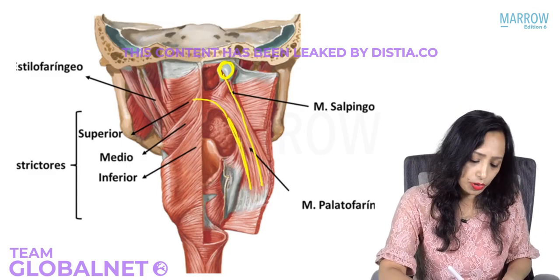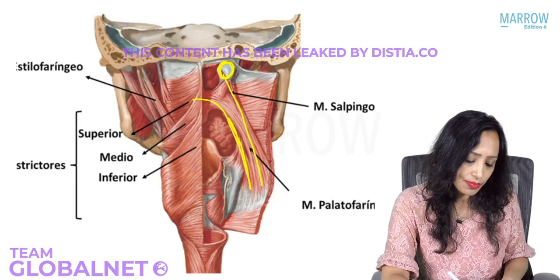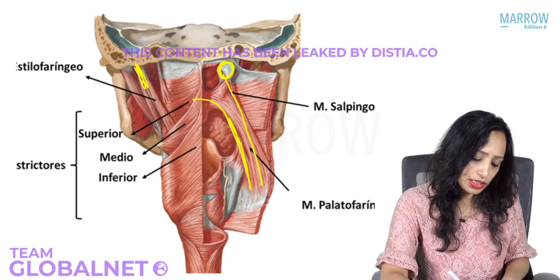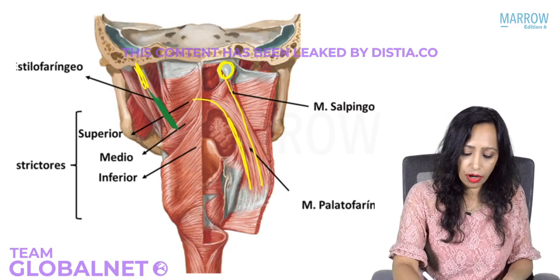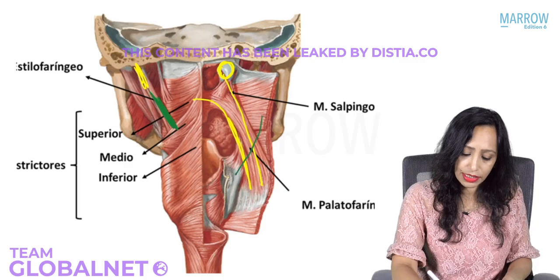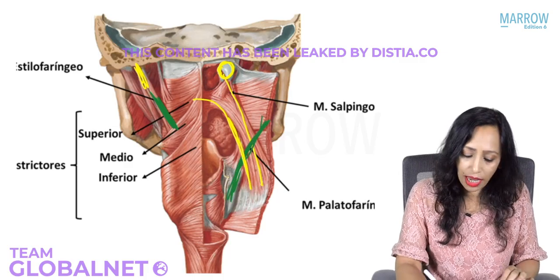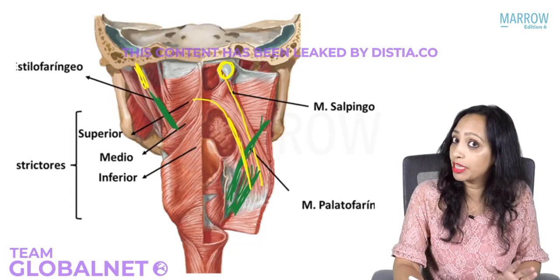And from the styloid process, which is outside. So yes, here we can see this. This here is the styloid process, from which is coming this muscle, which is now entering the pharynx. It will enter the pharynx, from there it will go inside. Yes, it will come inside like this, and that is the stylopharyngeus. And all of them below, they come and attach to the thyroid. So they help as dilators.